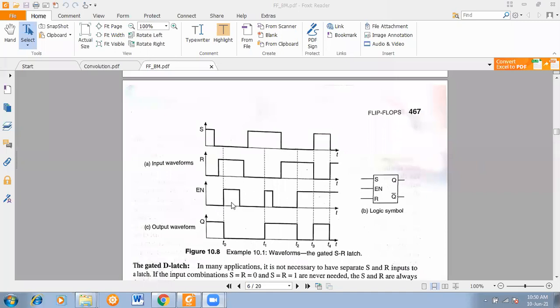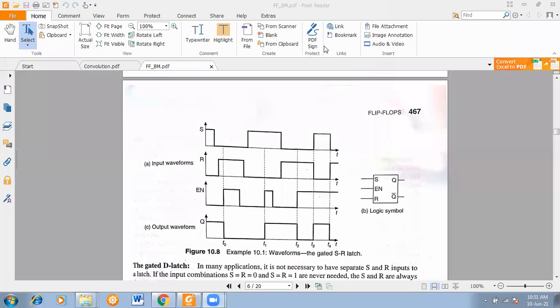That is the clock input basically. It is off for this much amount, this is on for that much amount, this much amount is off. For a little amount that is on, this is also off, then again on. So that is the condition for the enable input. When the enable inputs are on, then the flip-flop gives you its normal operations.